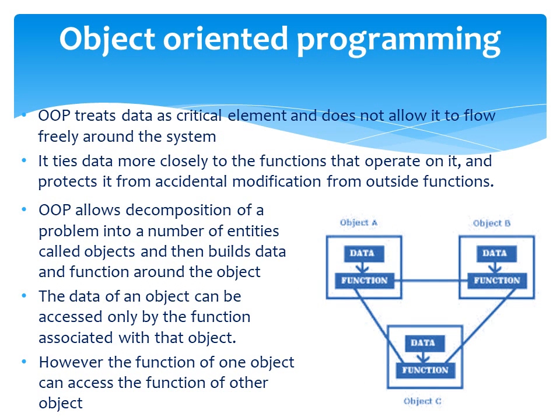Object-oriented programming treats data as a critical element and so does not allow it to flow freely around the system. That is, in object-oriented programming, importance is given to the data, and so the data cannot be accessed outside the class, that is, outside the class that created it. Thus, in object-oriented programming, data is not global, and so it cannot be accessed from outside anywhere.